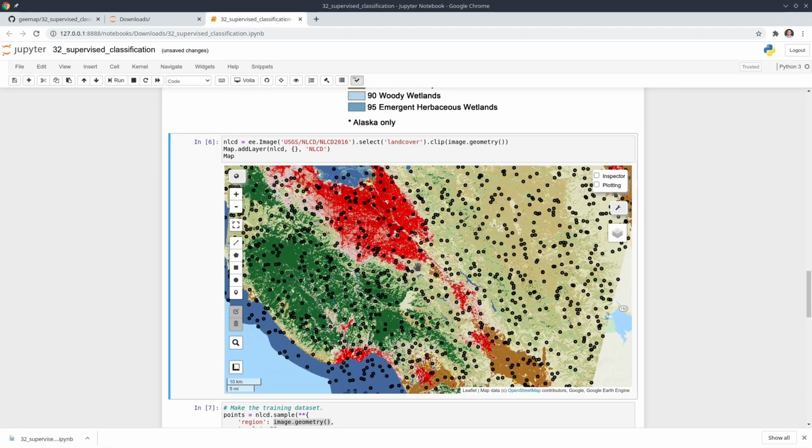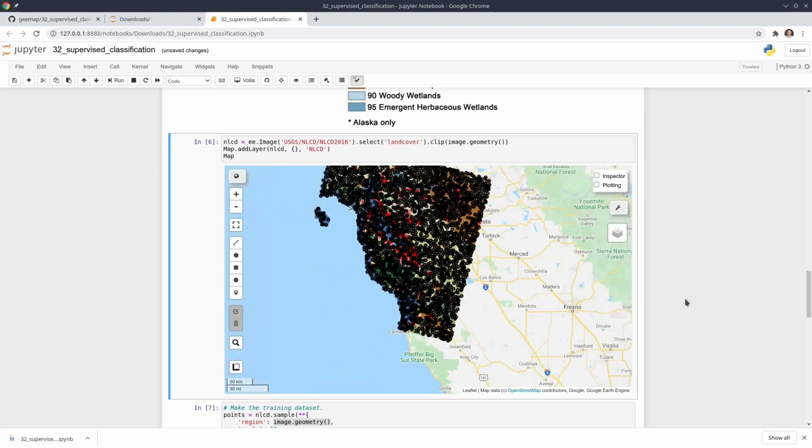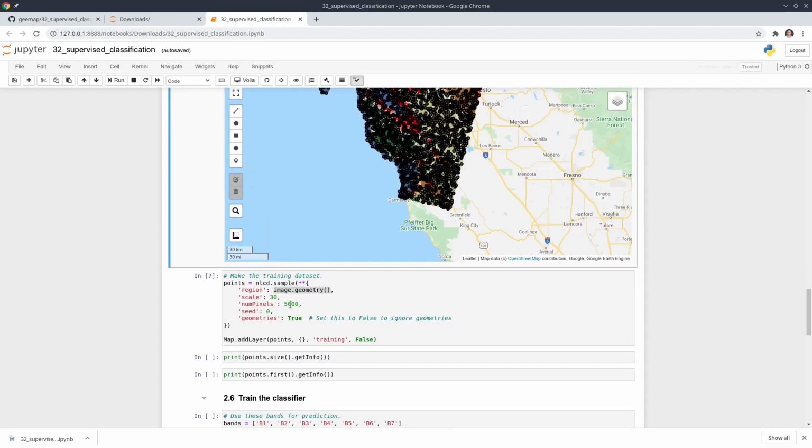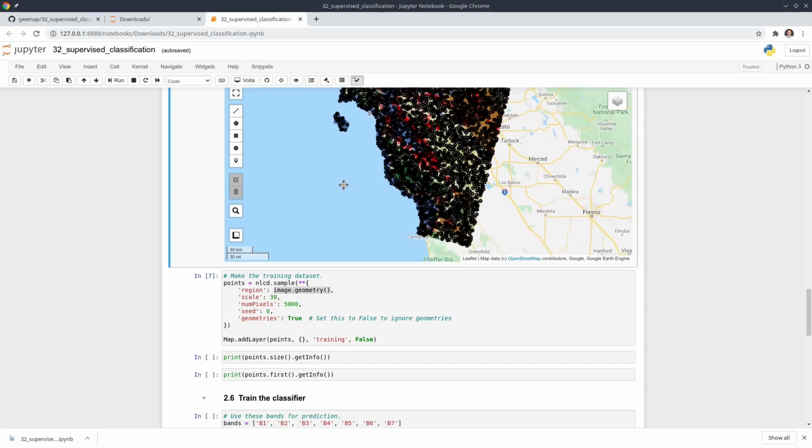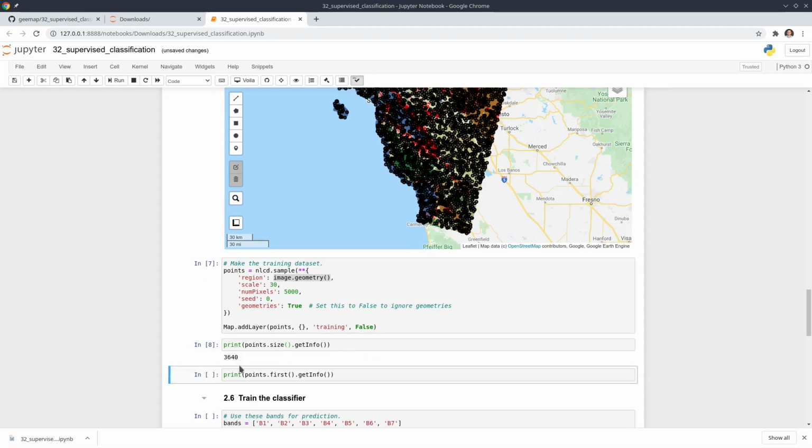Basically we generate 5,000 random points within this area, and we also show the geometry. Otherwise, it will be just a feature collection without geometry. So we show the geometry and then we add the points. Now we can, for example, print out how many points were actually generated. You see here